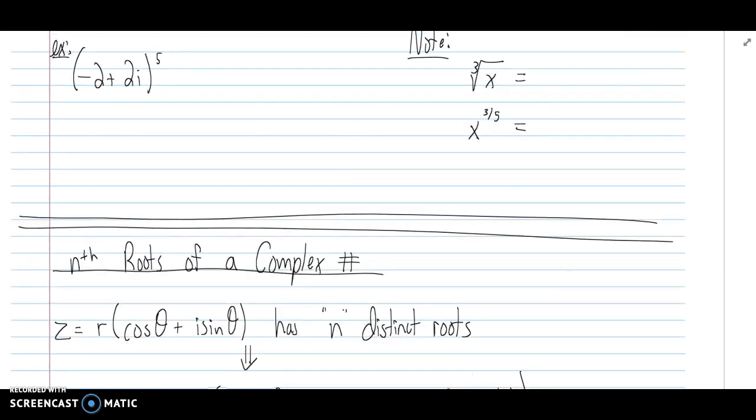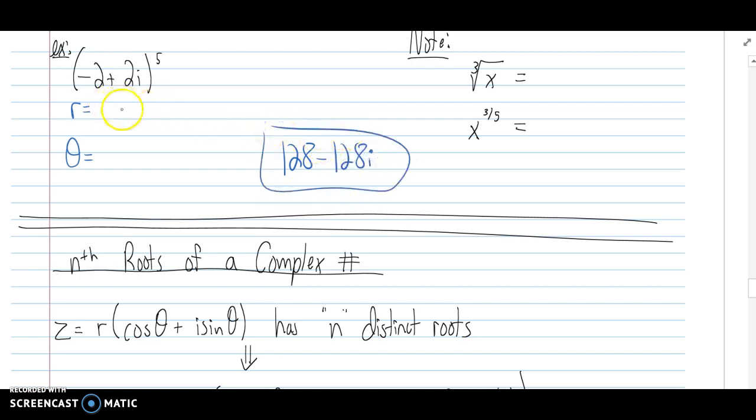Here's our last problem with just using de Moivre's theorem. And again, I encourage you to stop the video and try this on your own. You're going to need to figure out the radius and figure out the angle. So pause it, work through it, and then you can check back. And I'll tell you that the final answer comes out to 128 minus 128i. The radius was the square root of 8 again, and theta this time was 135 degrees because it was in